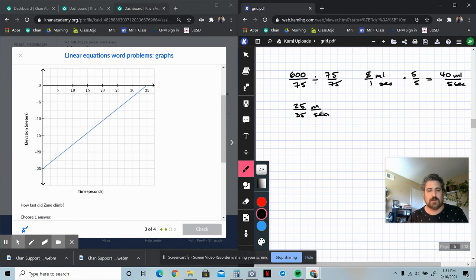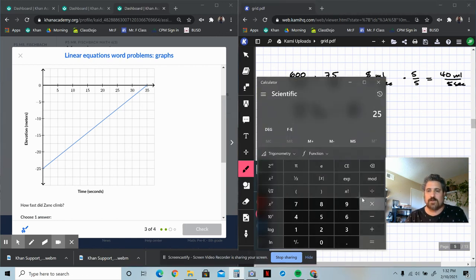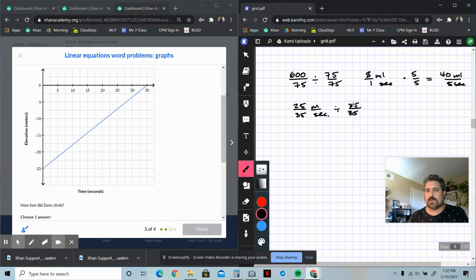Okay. So now we're asking basically how fast does he climb? So we're going to divide top and bottom by 35 to get our unit rate, or our meters per second. So what is 25 divided by 35? So if you do 25 divided by 35, you're going to get, wow, okay, that's an annoying number. So let's just simplify that. So we'll do 25, that's going to be divided by 5. So basically, you're going to get the answer of